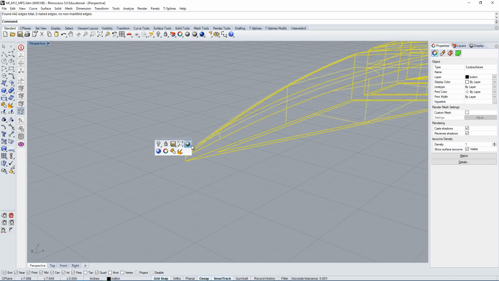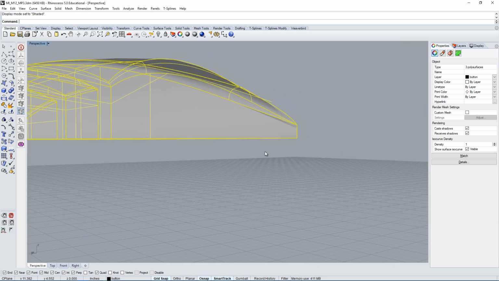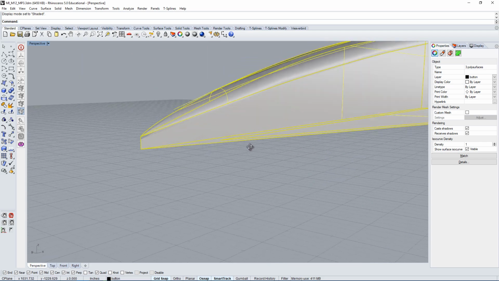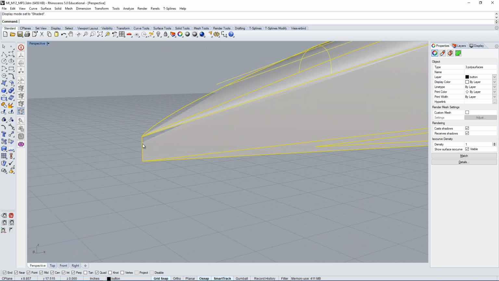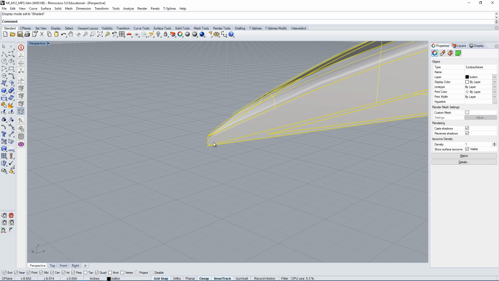So let's look at them really closely and see if there's actually an opening in there. And here you can see there's some kind of shading issue happening. There's a rendering problem, and it seems like where the rendering problem happens is exactly where the point of this open edge is being shown. So what that means to me is that there is some kind of tolerance issue. So because of the quality of the surface, there's just something happening that's creating a gap.